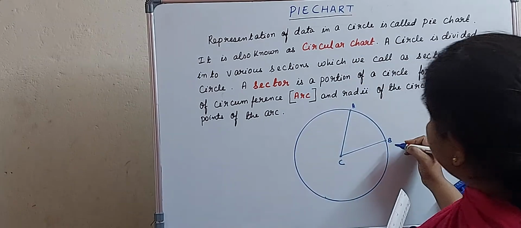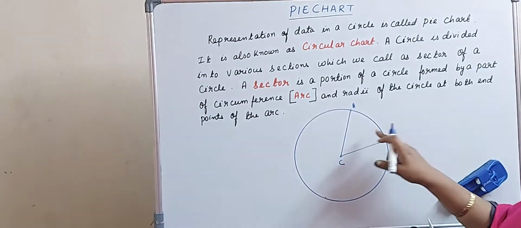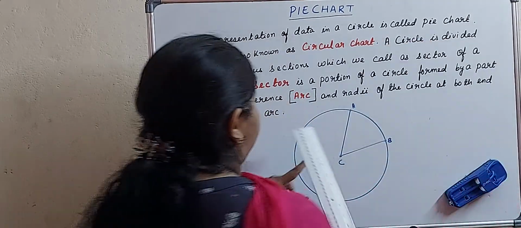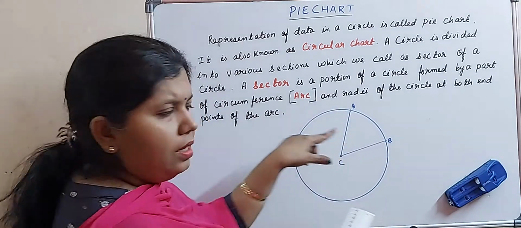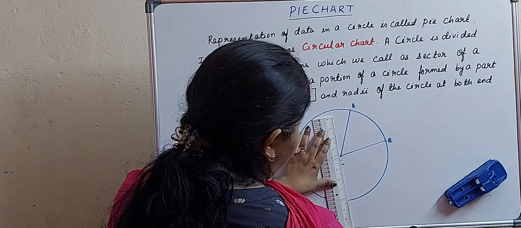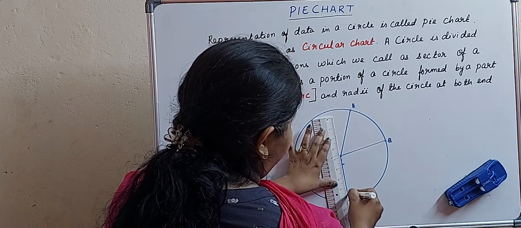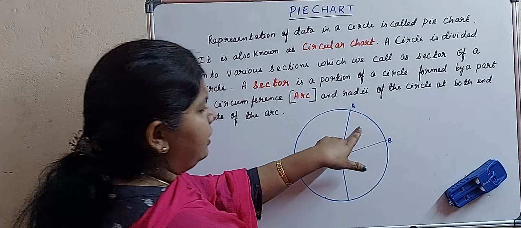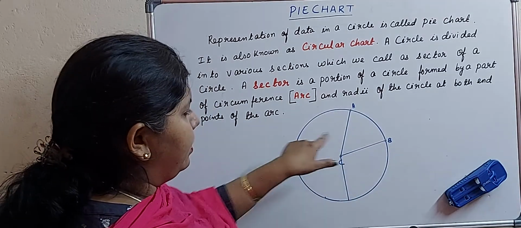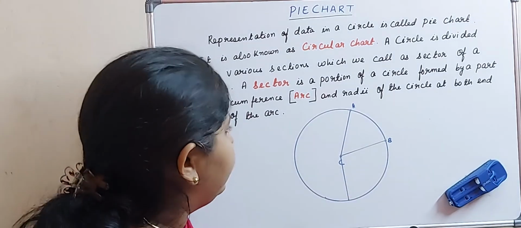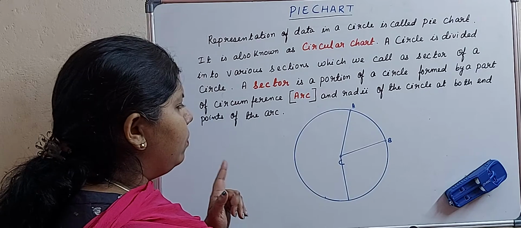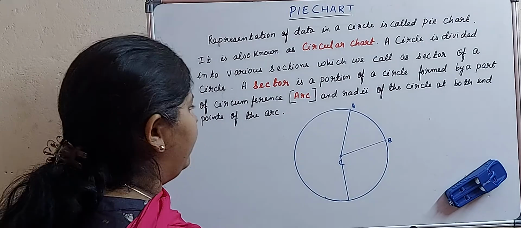So that is called your sector. So this is one sector. Similarly you can make a number of sectors. This is one complete circle, and how do you cut a pizza or a pie? In the same way, you have to make these sectors like this. See, this sector is a little smaller than this sector, and this sector is the biggest of these two sectors. Yes or no? So in total we have made 3 sectors. Now, an important thing I have to say.